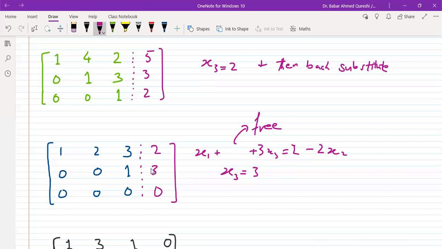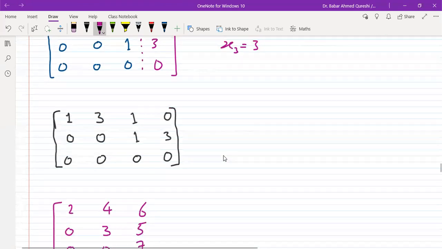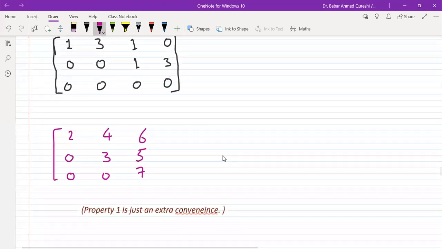But how can we find the value of x1 and x2? You cannot find the value of x2. x2 is free. You give any value to x2, you will have a solution. So this one, let me change it to like this: